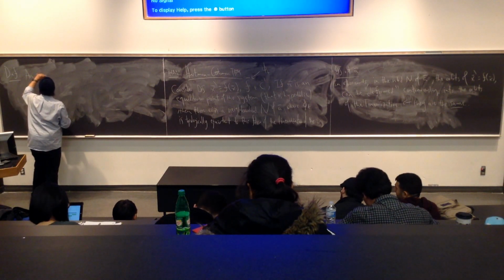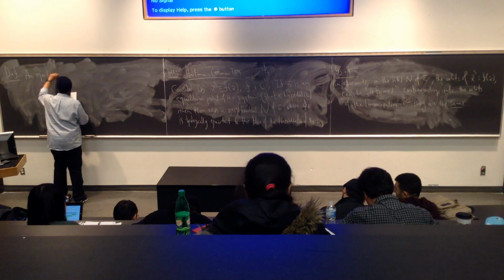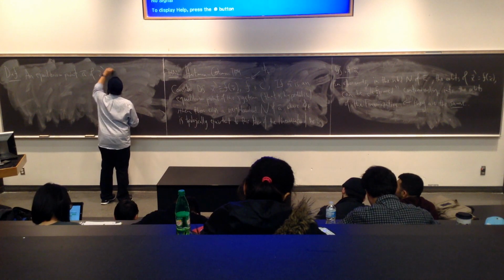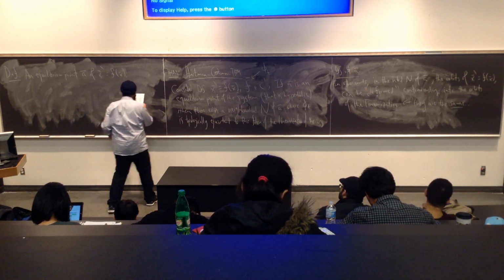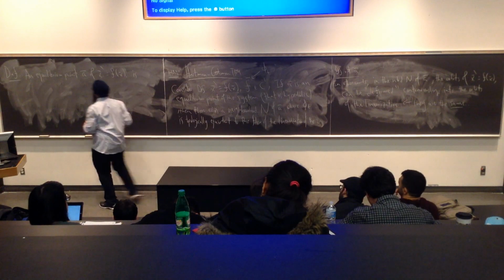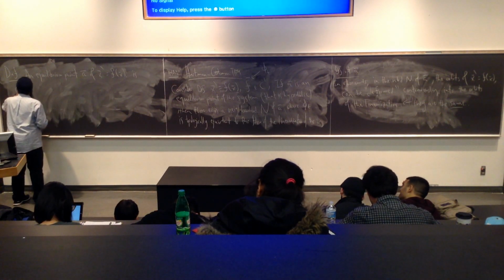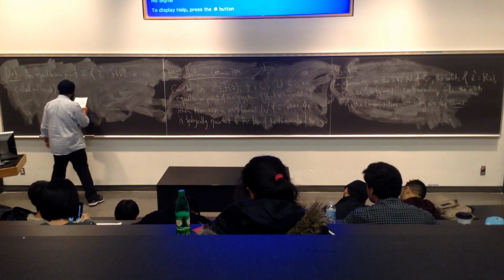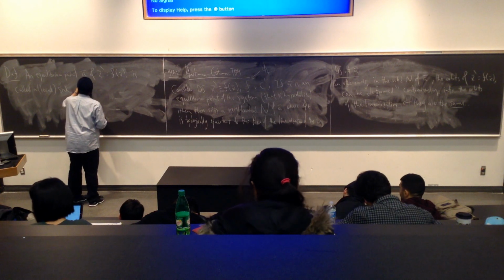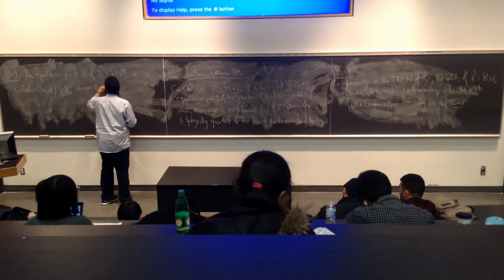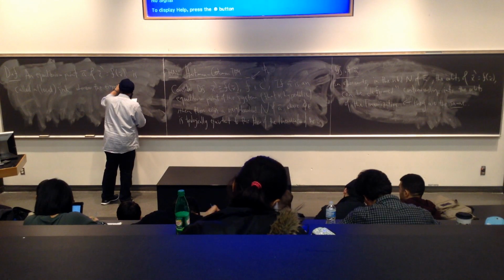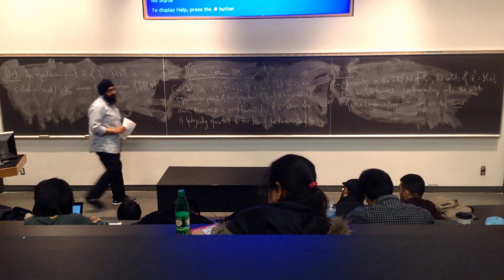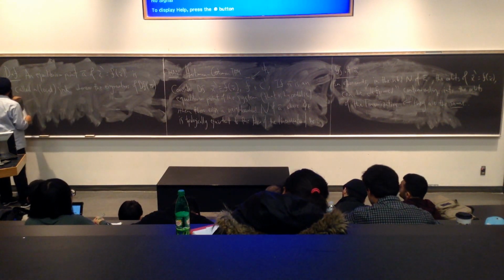An equilibrium point, which I will call once again A, of x prime of x, is called a local sink. So there's that word again. Whenever the eigenvalues of the Jacobian matrix at that equilibrium satisfy